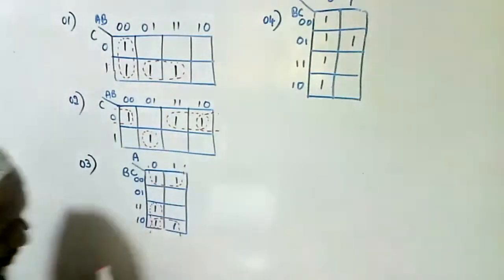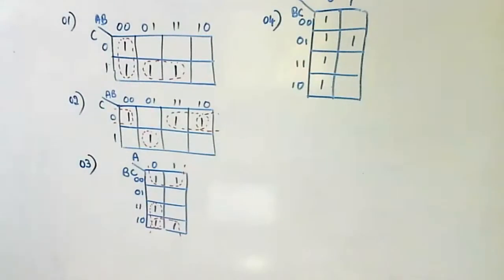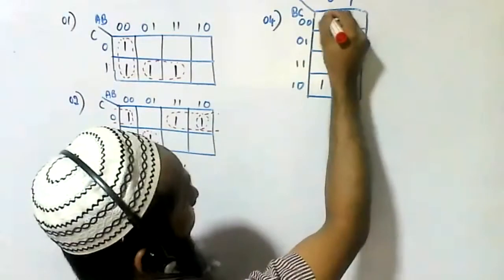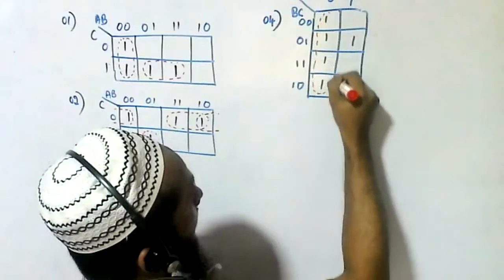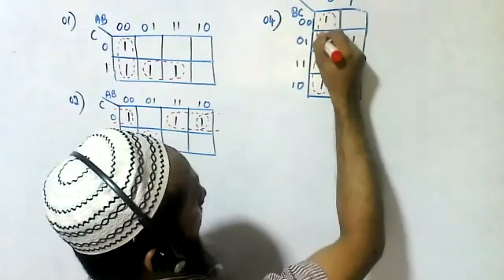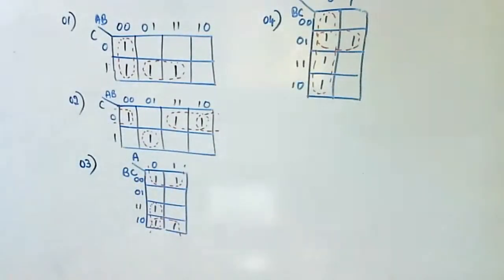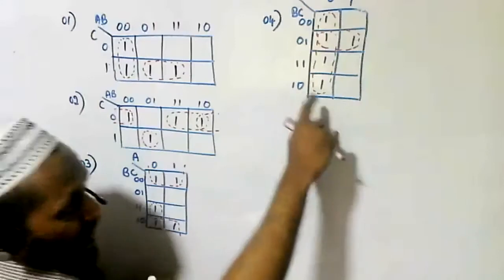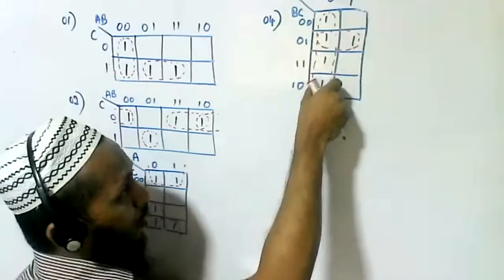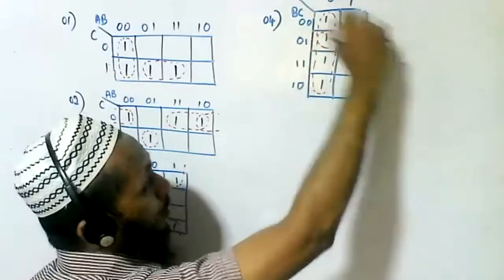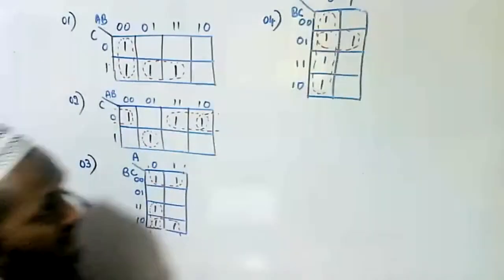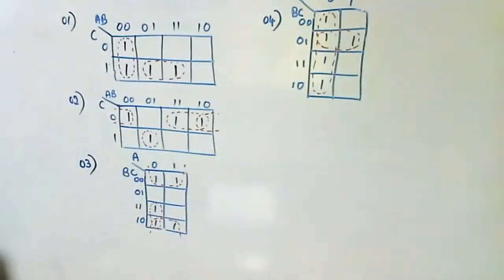So it is very easy, students, very easy to group. Hope you all correctly group it. Like this 4 ones we can group, and like these 2 ones we can group. That's all. So 2 groups, each group with the maximum number of ones. So this group 4 ones and this group 2 ones, overlapping is allowed. Those who got correct, I think all are correct. Yeah, good. I'm coming to the 5th one, students.